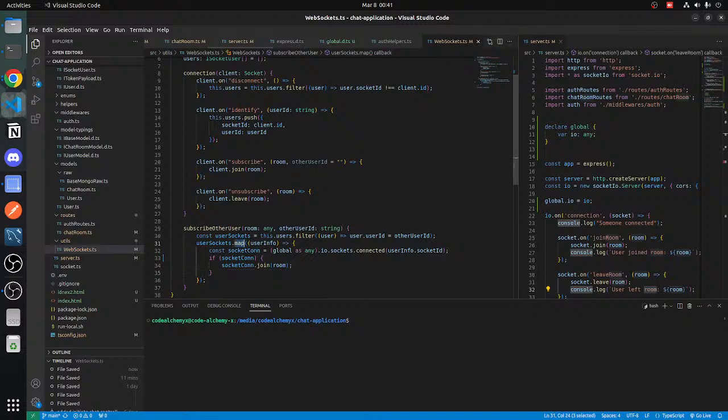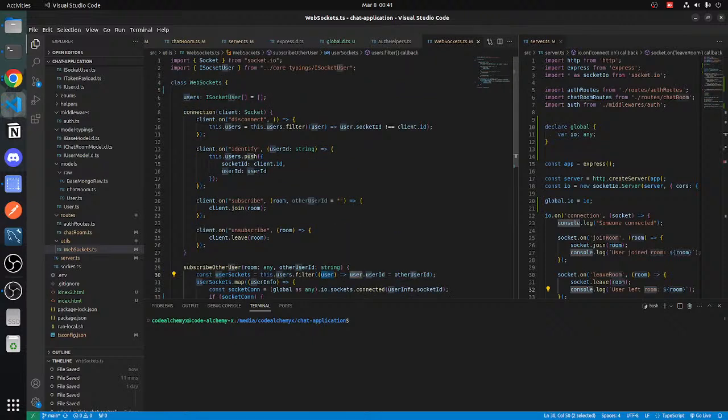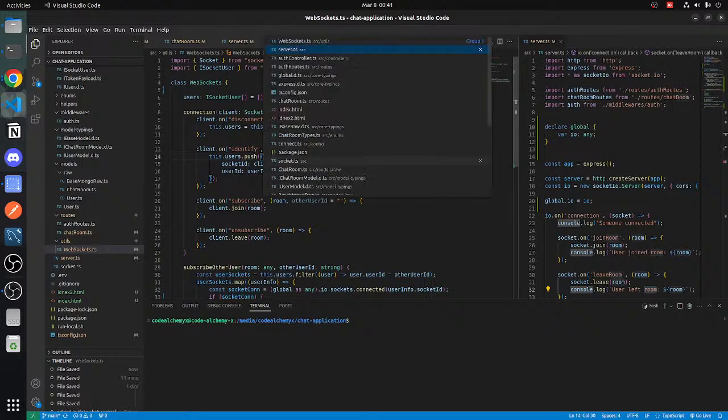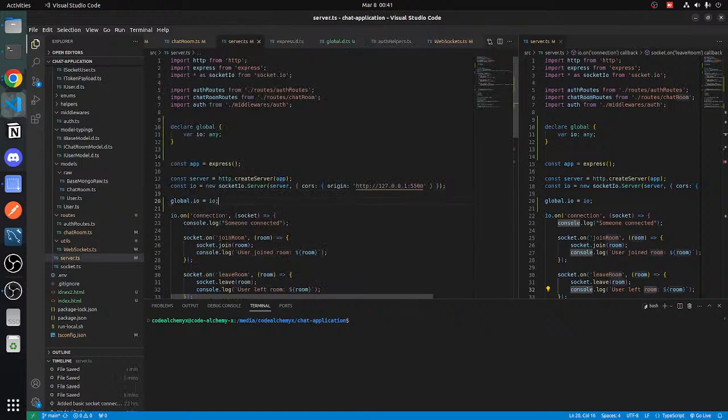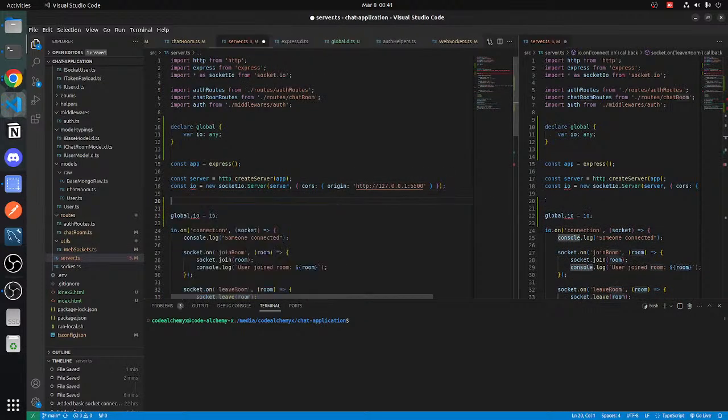So we have user sockets and user filter. That's okay. That way we are getting user sockets. Okay. So let's do one more thing. Let's just say I have this global.io here, and I'm just gonna say that global.io we have